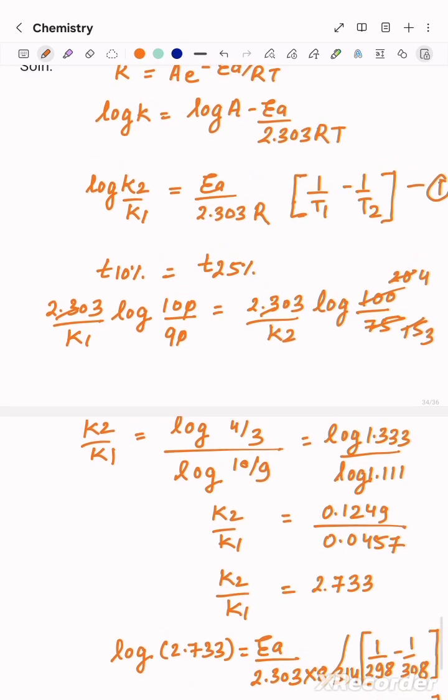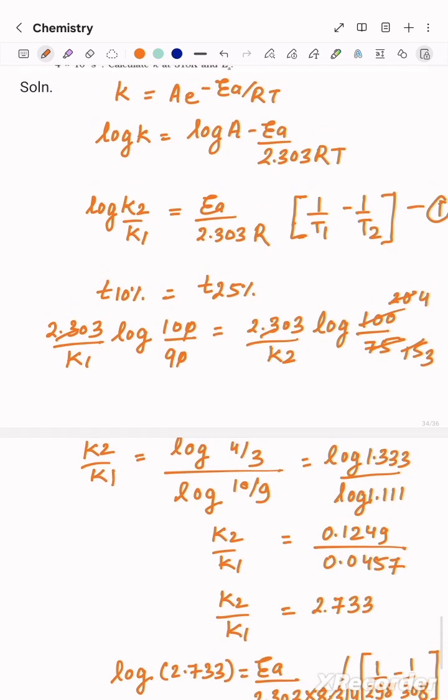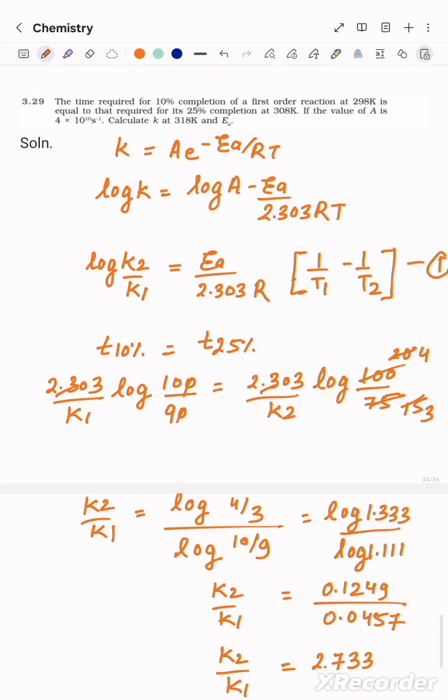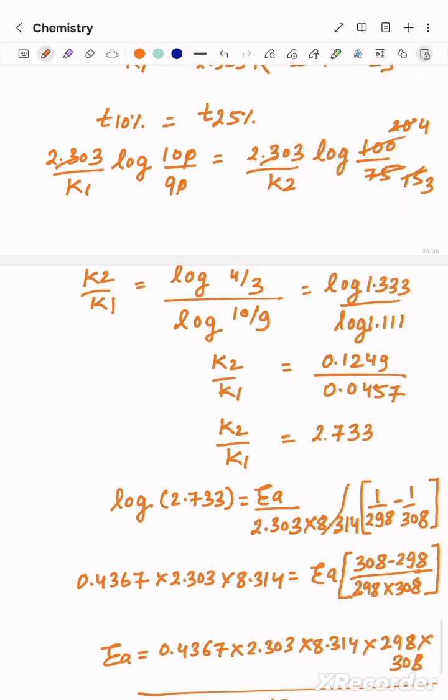So that will become log K is equal to log A minus EA upon 2.303 RT. Here R we know, the gas constant. Temperature is 318 Kelvin, it is given. So we have to calculate at 318 Kelvin, and EA value we know, and log A value we also know: A is 4 multiplied by 10 to the power 10 per second, as given. So now putting all this in the equation,